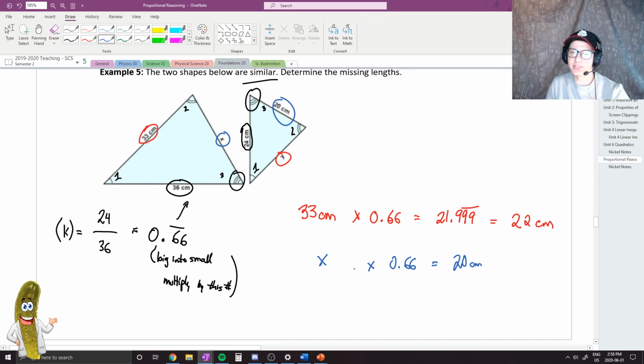So, what I would do instead is you could algebraically solve this and you could divide by the 0.66. Or you could say, well, if I had to multiply to get from big triangle to small triangle, I should have to do the opposite of that to get from small triangle to big triangle. So, if going small into big, we should divide